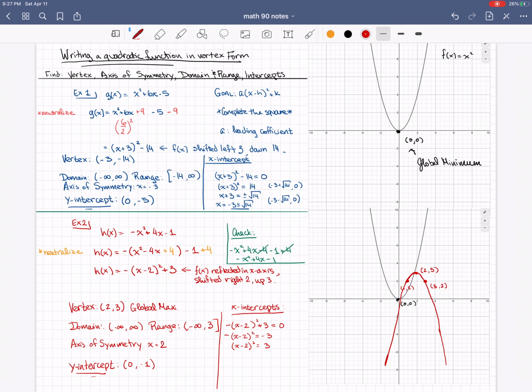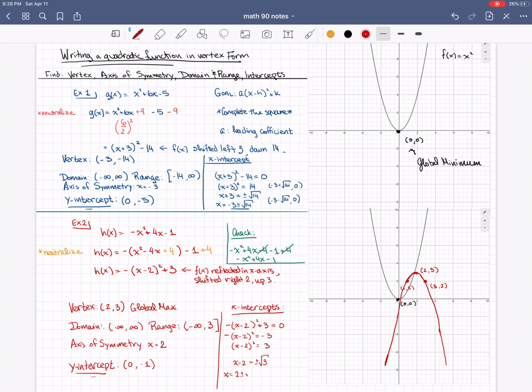And then lastly, I'm going to ask whose square is 3? Well, that's either the positive or the negative square root of 3. So this is equal to 0 when x is either 2 plus or 2 minus the square root of 3. So again, I like to write my x-intercepts as points. So we have 2 plus the square root of 3, comma 0, and 2 minus the square root of 3,